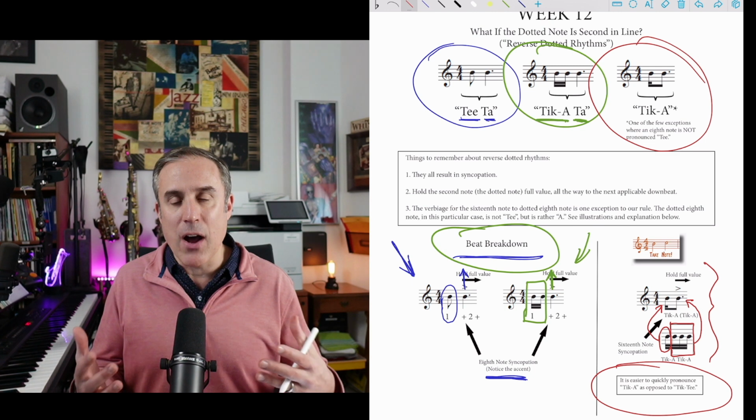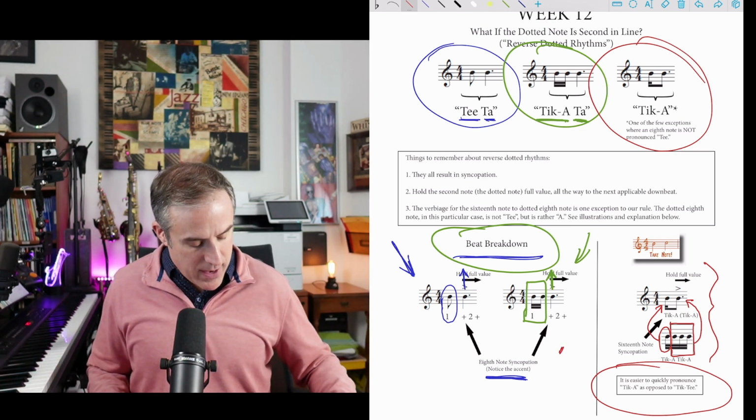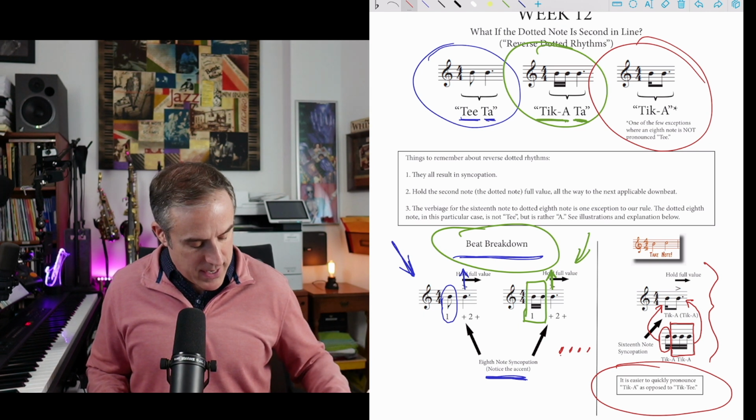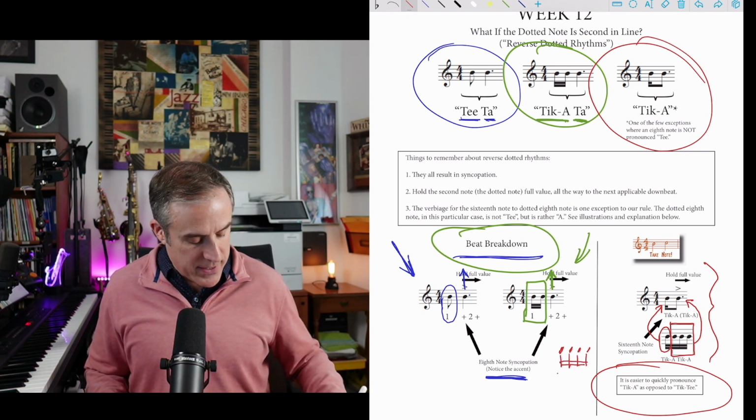Now, where did I get "ah," and why are we holding "ah" in this pattern? Let's take a look at it. Imagine we have 4 16th notes. I've got my note heads, my stems, my 2 beams right here, and we know that it's going to be